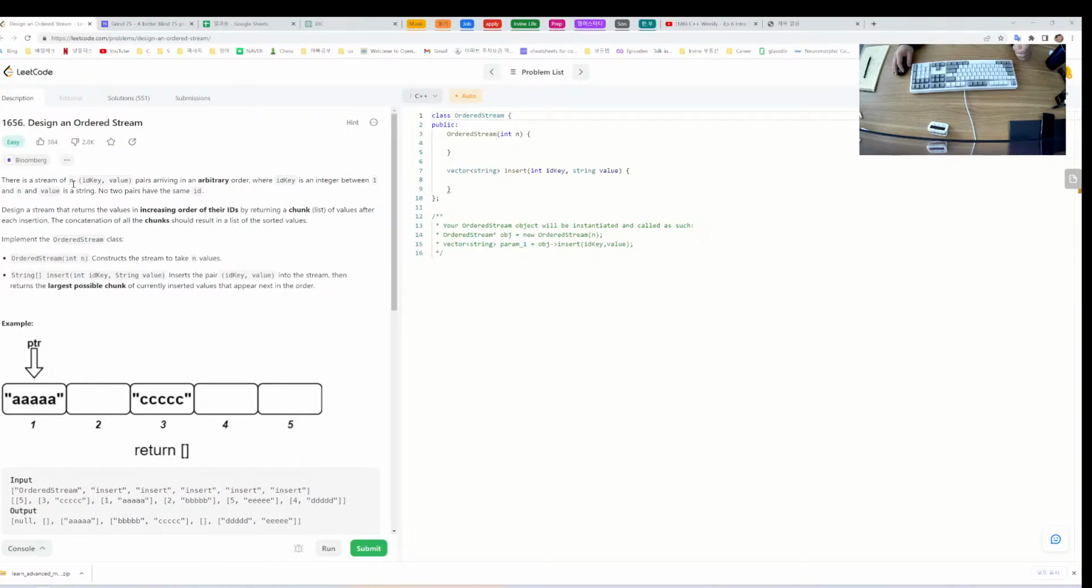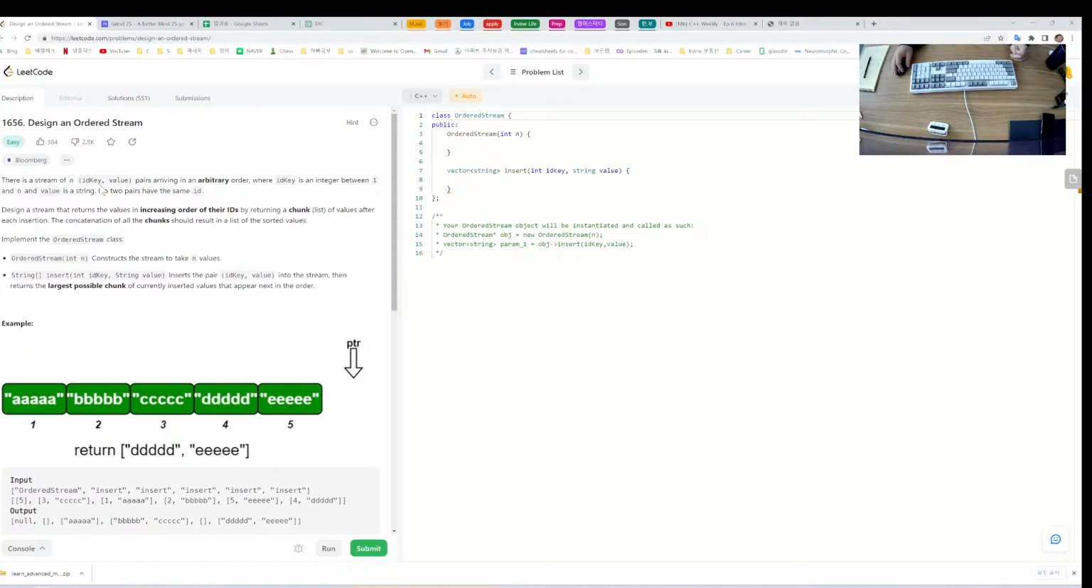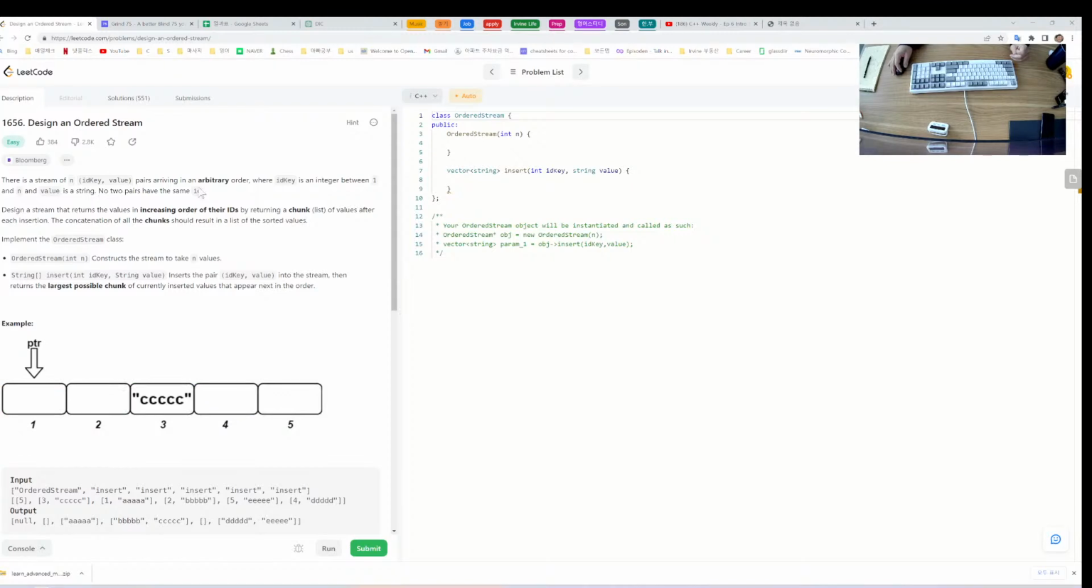The question is very long. Stream of n. Order the stream. Insert. Stream of n pairs arriving. So ID key, value arriving in an arbitrary order, where ID key is an integer between 1 and n and value is a string. No two pairs have the same ID. Okay, design a stream that returns the values in increasing order of their ID by returning a chunk of the values